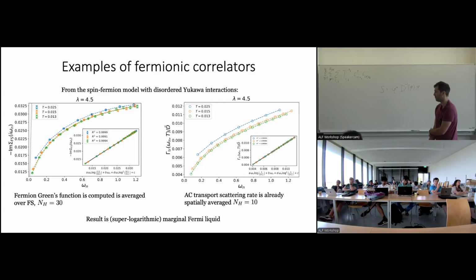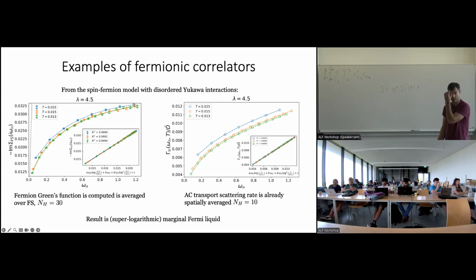I see. The temperature is in units of the log. Yes, sorry about that. So here the nearest neighbor hopping is set to 1. Everything is in units of the nearest neighbor hopping. And then what we also did is we computed some